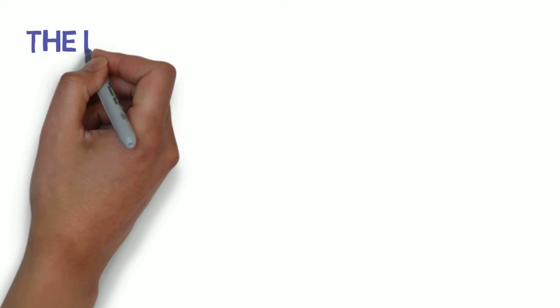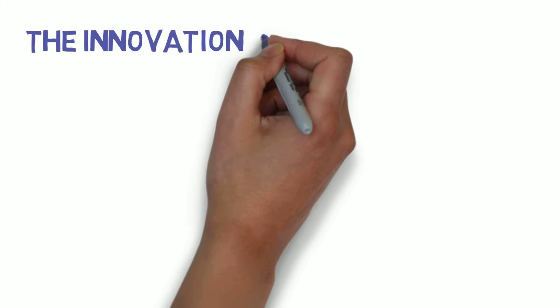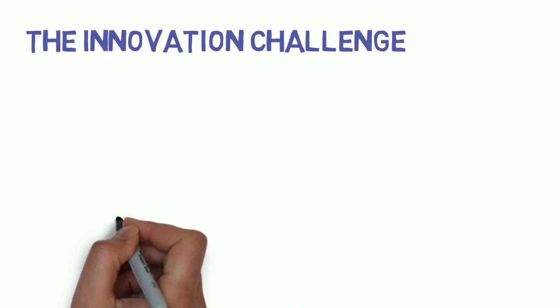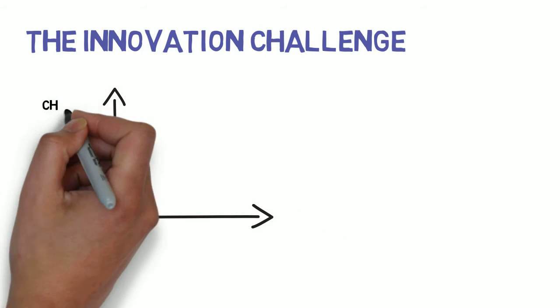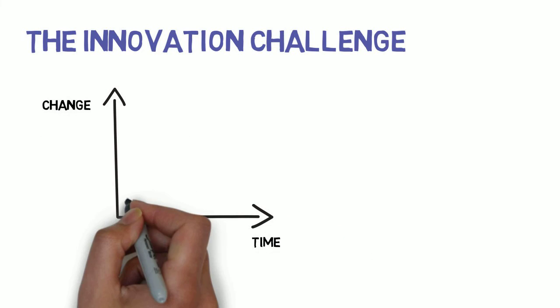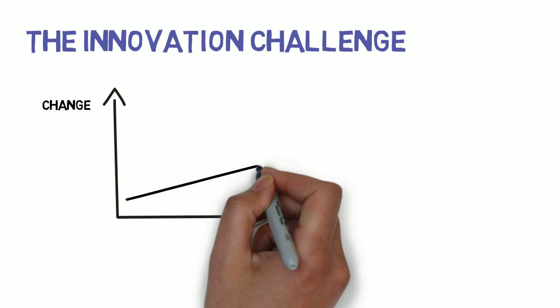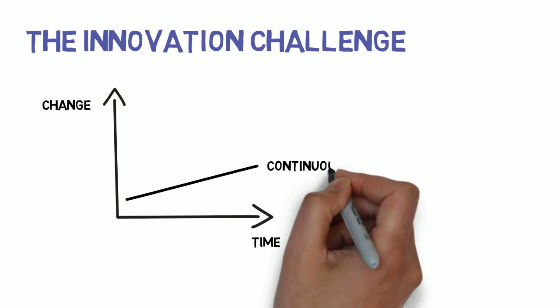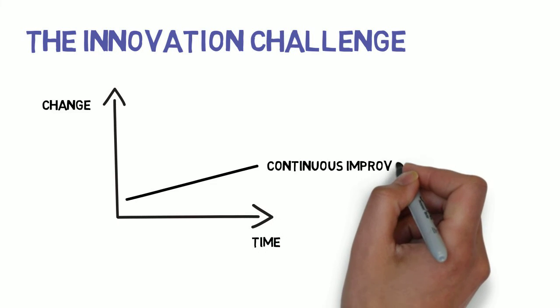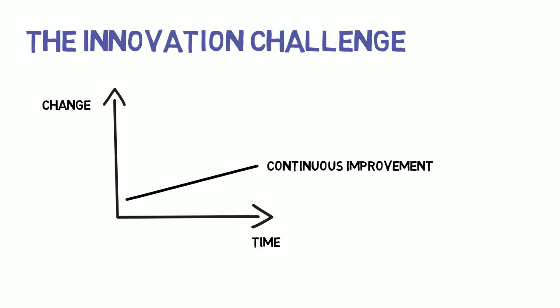Now, we're all very familiar by now with the continuous improvement process. If you look at change over time, it's setting up mechanisms within the organisation to challenge how you do things in terms of incremental improvement, making things slightly better, but doing it on a multiple scale. So if you generate lots and lots of ideas on how to do things slightly better over time, that builds up into quite a sizable change, but always based on broadly how we do things around here. You're just making that world the best world you possibly can.